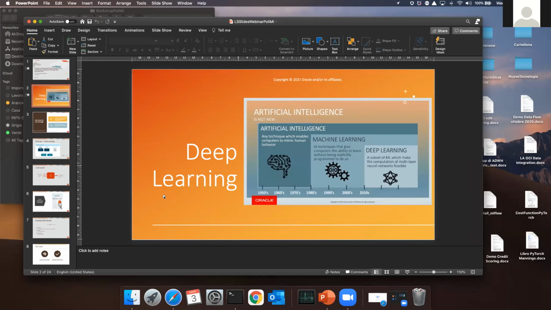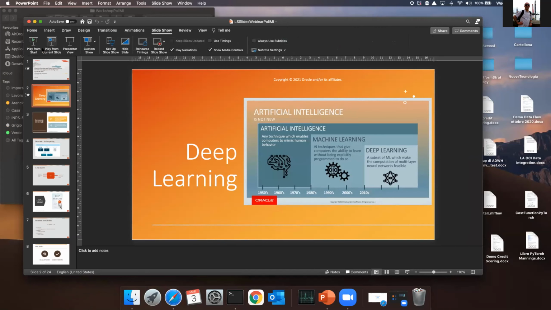Yes, regarding deep learning. Okay. Okay, so